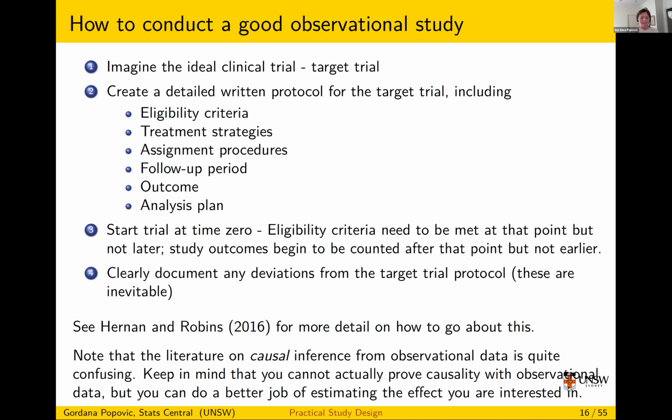Now you're going to fail in trying to implement all of these criteria, because it's observational data. You're not going to have all of the things that you'd like to measure or know about these people. There's going to be lots of problems, but you just document these. And then you can very clearly say, this is the deviations that I have in my example from what I would ideally like to do. And that way it's all very clear what's been done. So I quite like that idea. It gets you to write everything down and have a clear plan for how you're going to do these things.